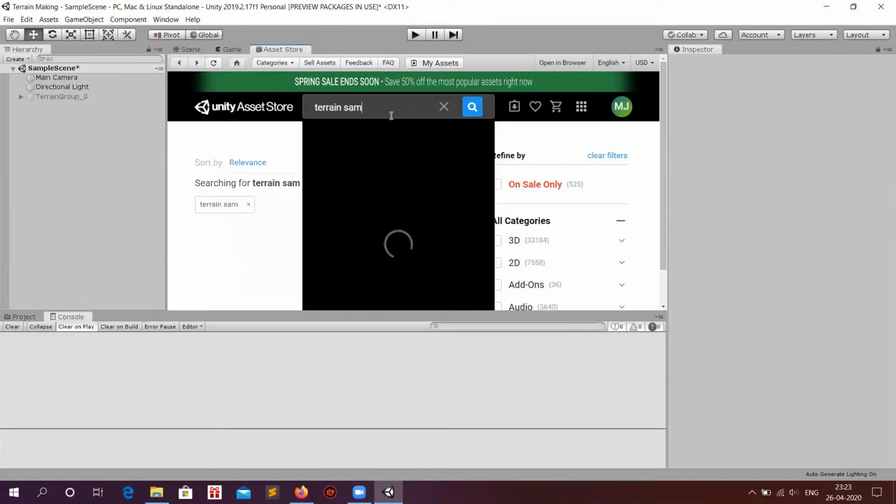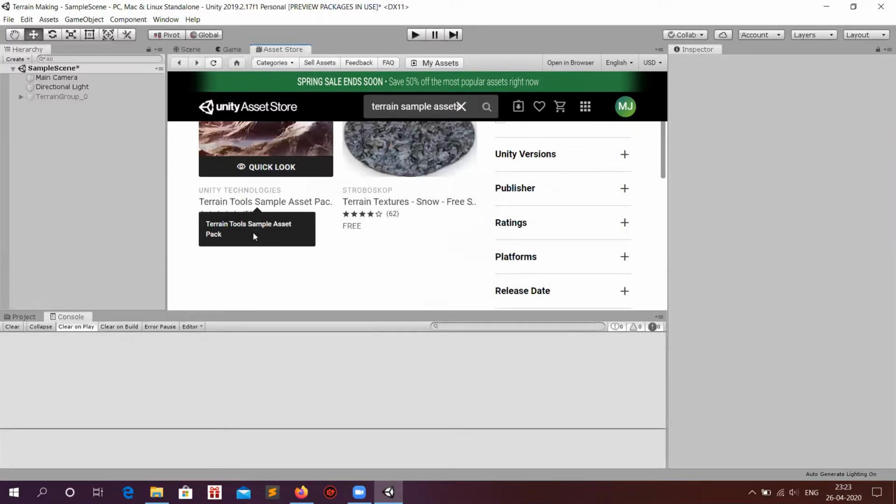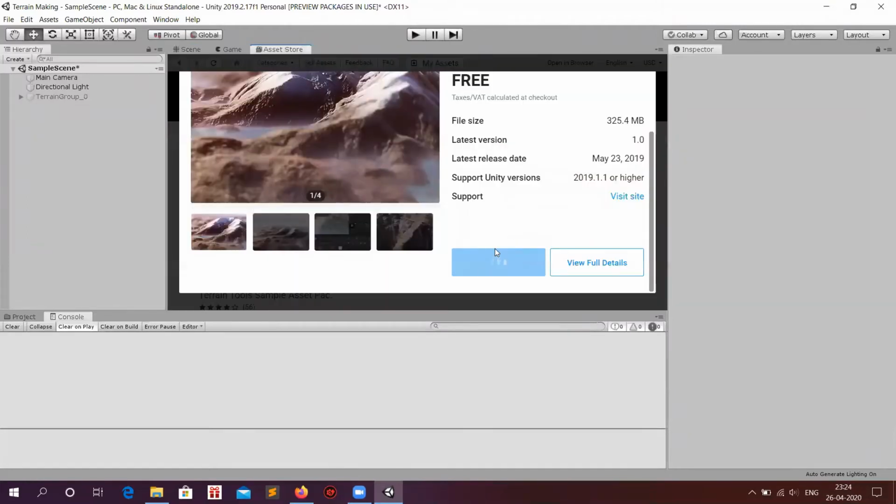So search for the Terrain sample assets. As you can see, the first package over here, you need to download this package.